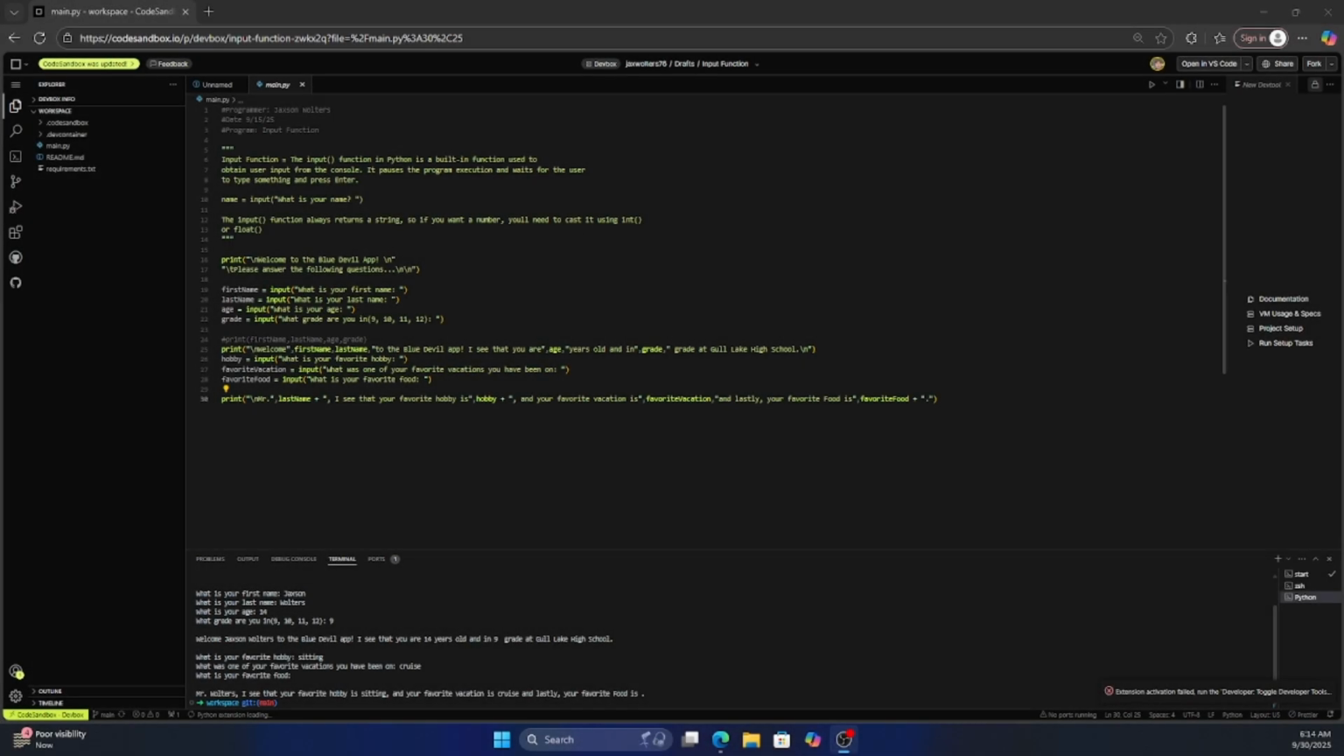So the third thing I'm going to be showing you guys is called the input function. The input function in Python is a built-in function used to obtain user input from the console. It pauses the program execution and waits for the user to type something and press enter. So if we were to go down here, first name equals input, what is your first name? Basically, it's going to put the question, what is your first name, into the output. So if we were to hit play,